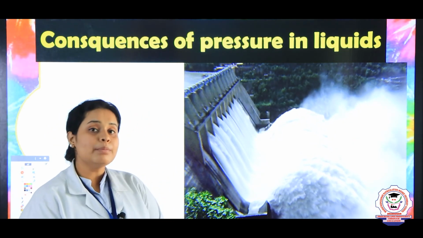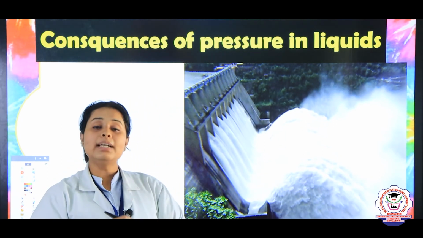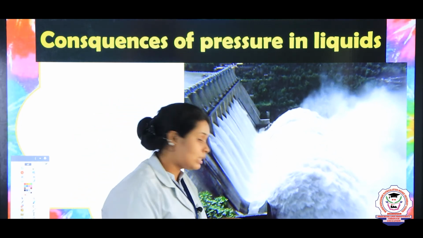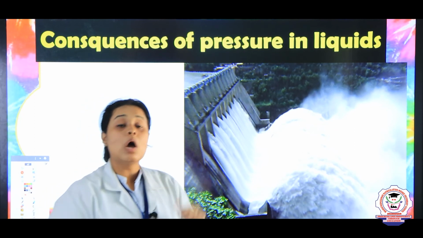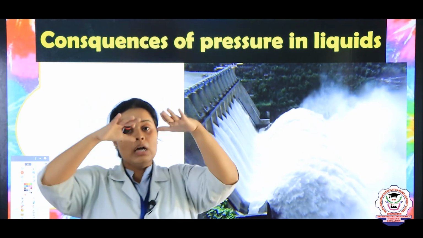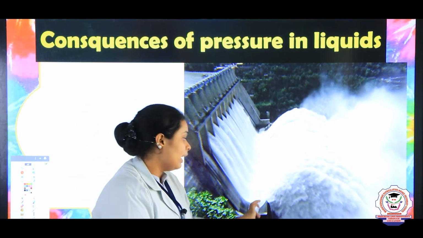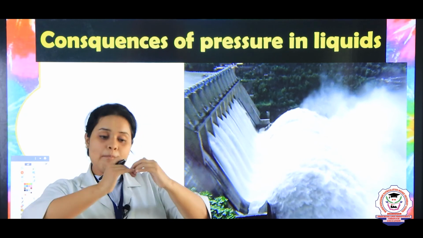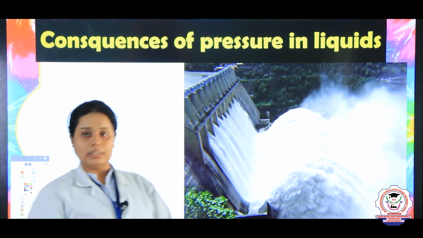Then the last one is dams. So children, dams, what happens is, you will see that all the side is concreted, right? It's made up of cement. But here, what you will see mainly is, the bottom will be made a little bit thicker. Why? Because always the pressure puts on the downward way. When you are putting downward pressure, you will see that if the layer of that dam is thin, it can break and the water in the dam can go inside the earth, right?